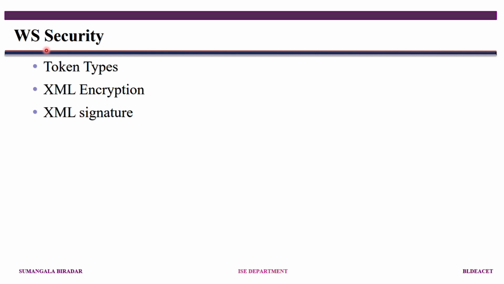Now the question is security. If you want to access any web services over the internet, while accessing you have to provide security here, because the internet is an open network. To provide the security for those services, what do you call it? WS-Security. There you generate tokens as security tokens, and web services are developed using XML. So that's why you use XML encryption and XML signature. These are the three terms used to provide security for web services.